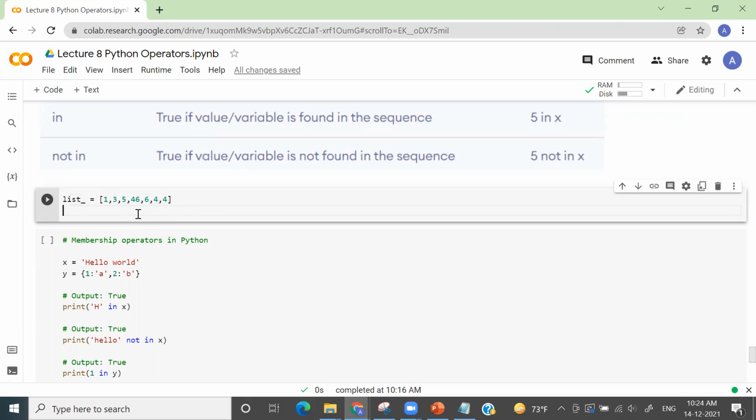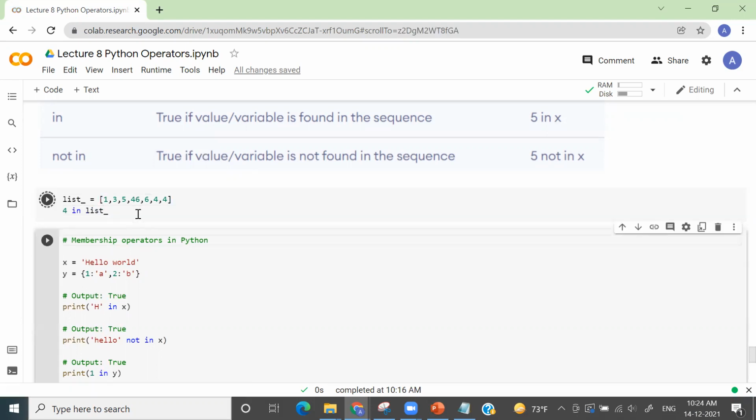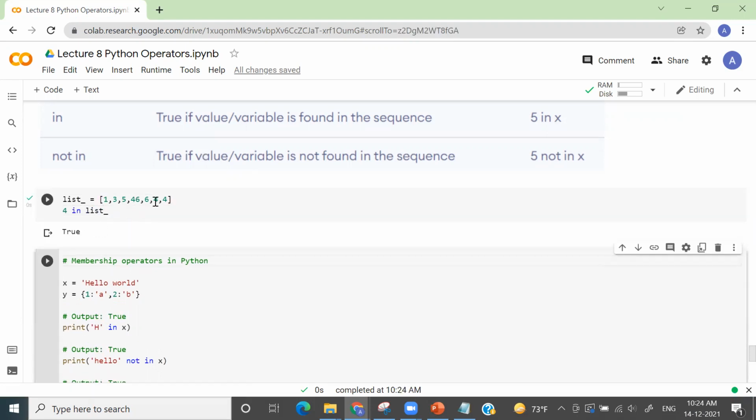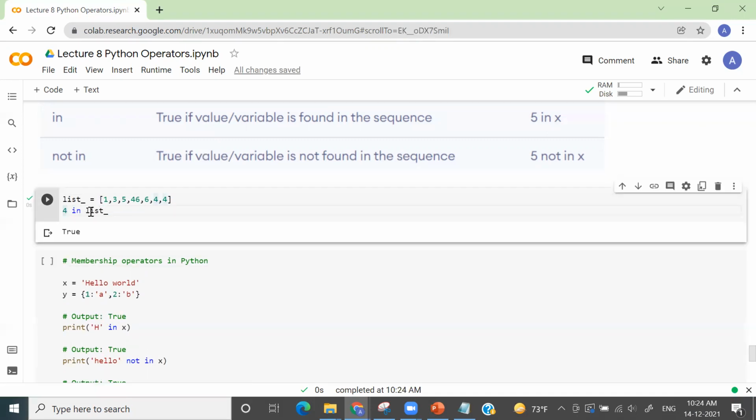Let's say I want to check whether 4 is present in this list or not. So I'll simply do 4 in list. Since 4 is present in this list, it will give me an output of true. If I do something like 10 in list, which is not present in this list, it will give me an output of false.